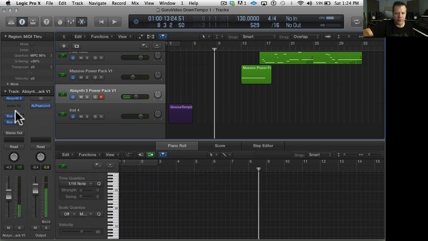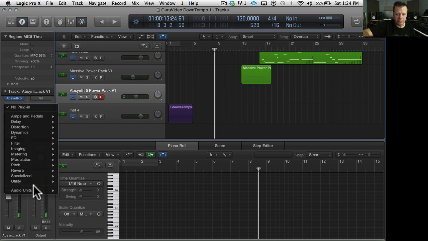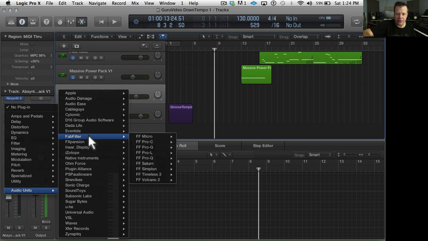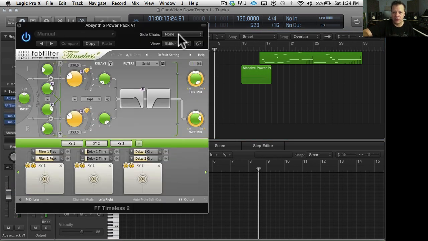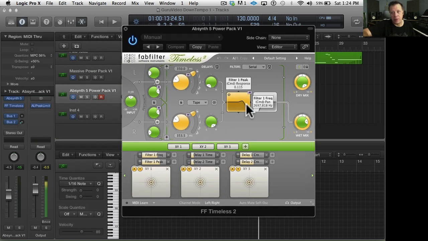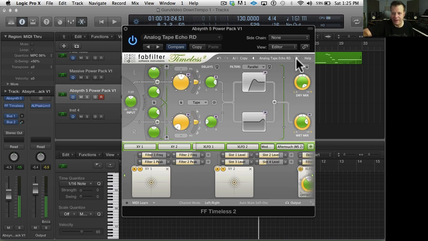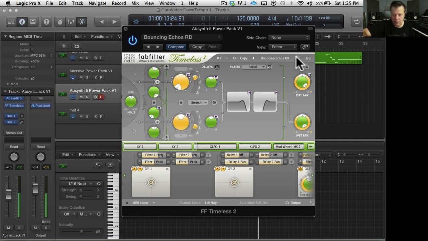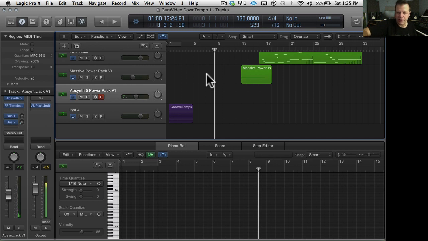Let's put a big delay on it so we can just use part of it. We're going to use a cool delay. We're going to go to Fab Filter. They have Timeless, which is just maybe the ultimate digital delay. It's got filtering and pitch shifting and can do some, well, you'll hear right away. That's cool. I just want something to play with the sound a little bit, so let's try that.